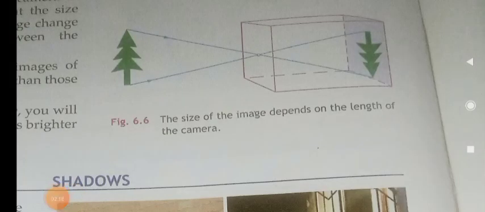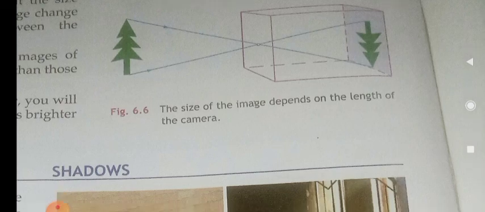You may try the following variations in this pinhole camera. Point the camera at some object and change the distance between the pinhole and the screen by sliding the movable part of the camera in or out. You will find that the size and brightness of the image change with the distance between the pinhole and the screen. So when you zoom in and zoom out, you can see clear and unclear images, and also the size changes. Smaller and brighter images will be formed when you zoom in. When you zoom out, you see an unclear image, and the size of the image will also be bigger. Okay, this is one variation you can try.